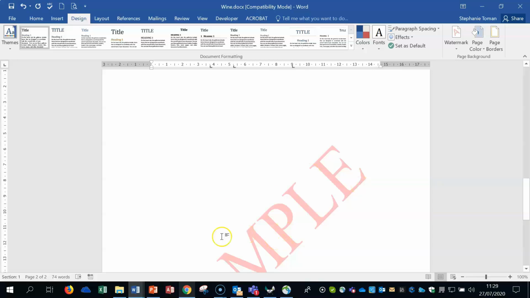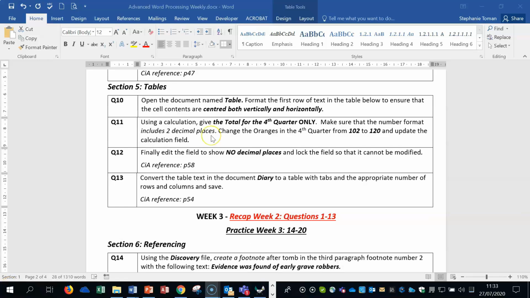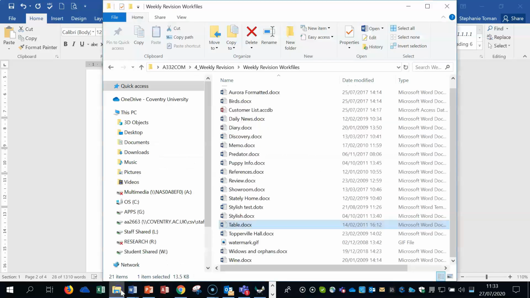Okay, we're going to move on to the tables section. Okay, into section 5 tables in the manual, we're covering the week 2 weekly revision test questions 10, 11, 12 and 13, the final bits. So 10 is open the document named table, format the first row of the text in the table below to ensure that the cell contents are centered both vertically and horizontally. So let's go into our